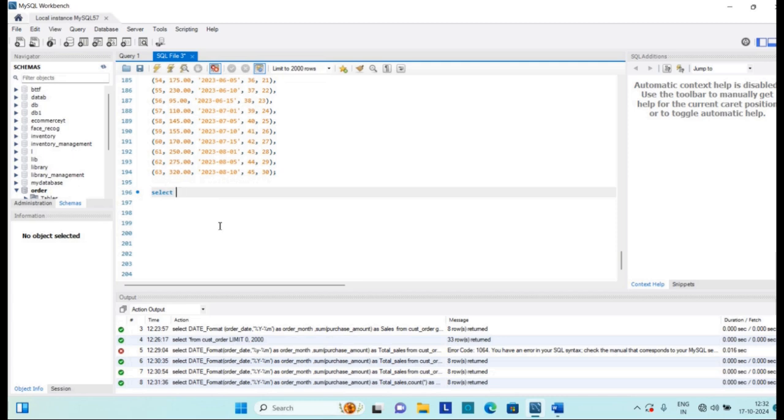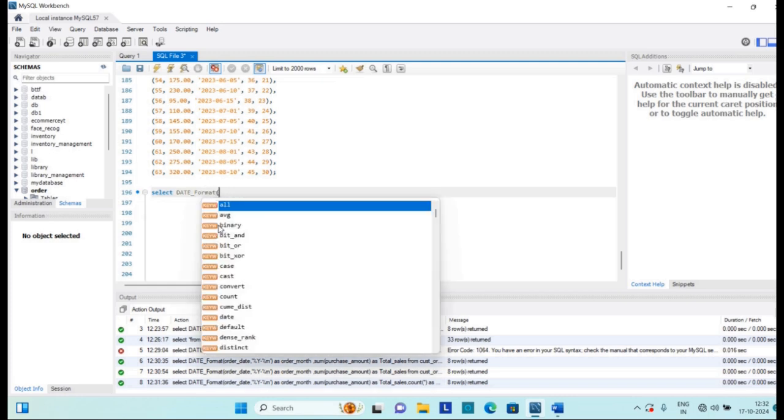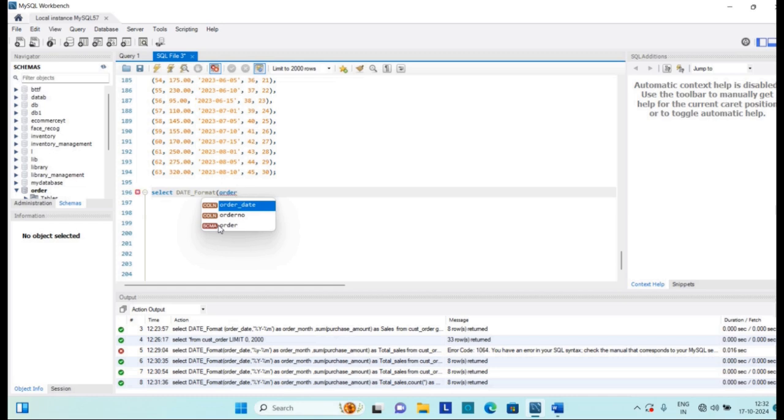We first convert the date format, so we will write DATE_FORMAT. Date format is a function used to convert the date. So order date, we have to convert into the monthly format.